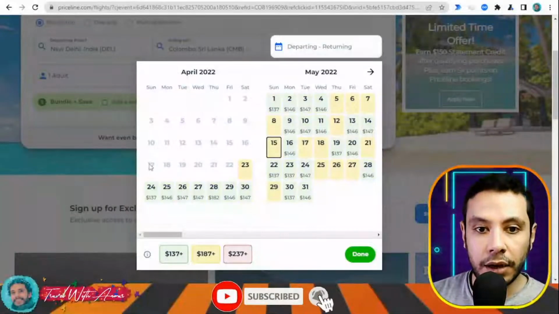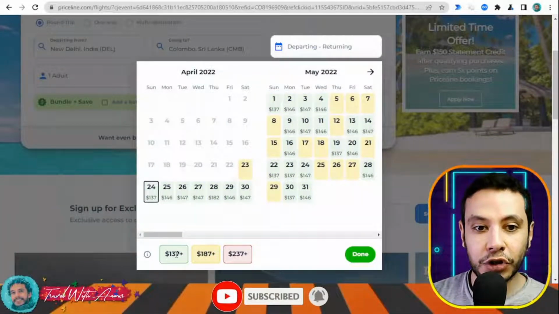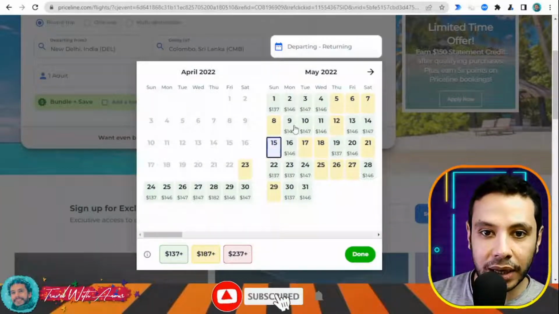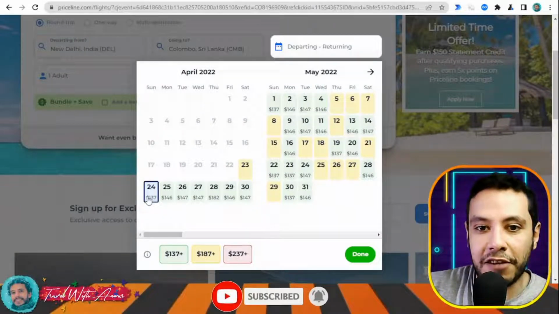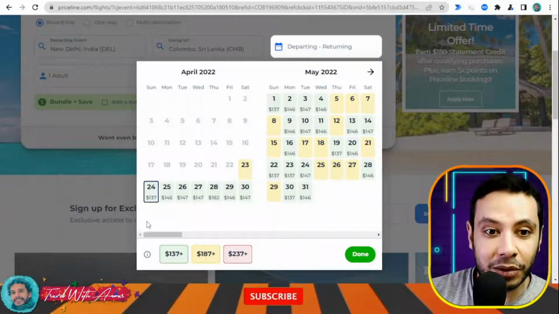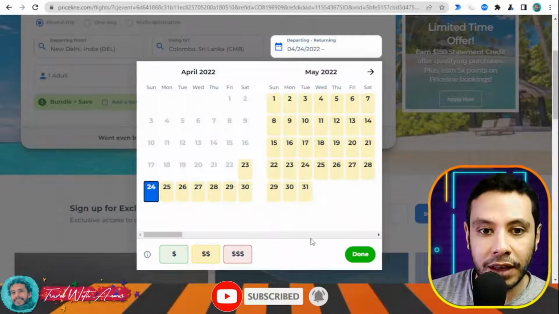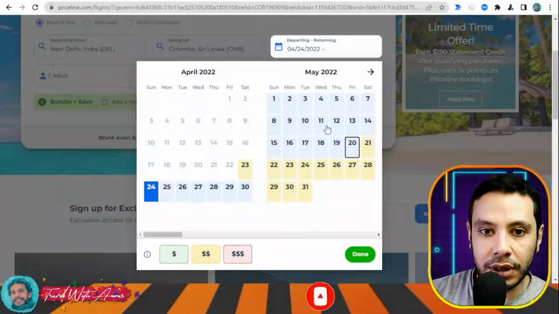adult. What I like here is they are showing the prices, the cheapest, depending on the day you can choose the cheapest price, so you have more flexibility. So I will travel on the 24th, for example, and after that